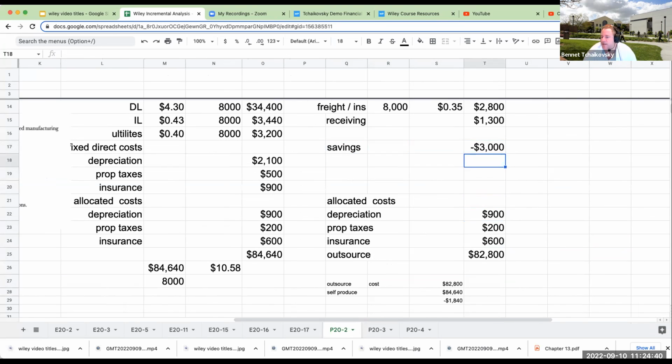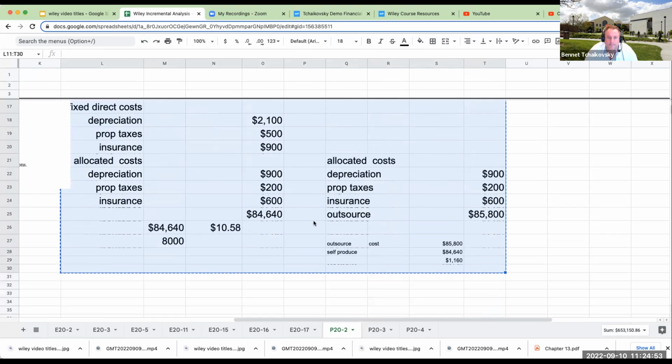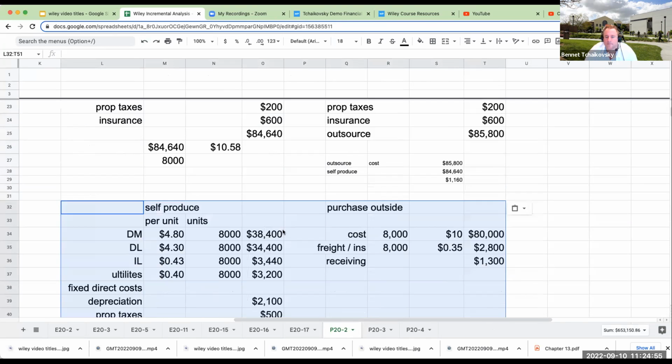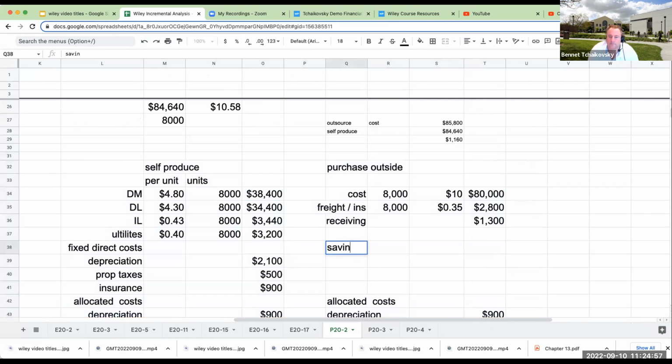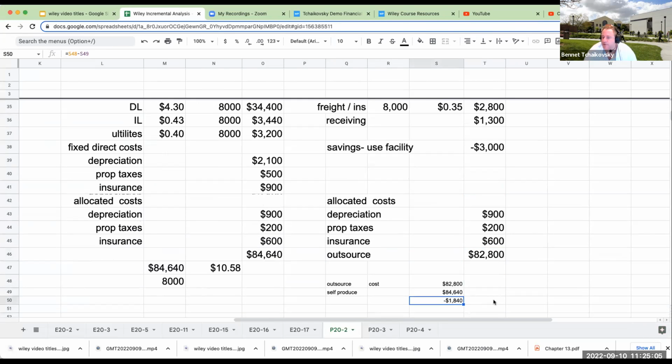So we're going to be able to save money by doing it, and now this is going to be at a cost. Let me actually do this real quick. Okay, let's copy this down. So if we have this over here, we're now at a savings of